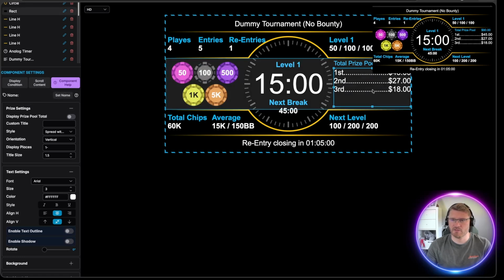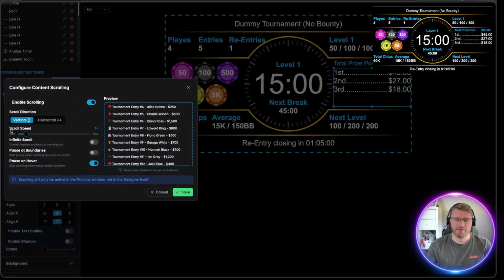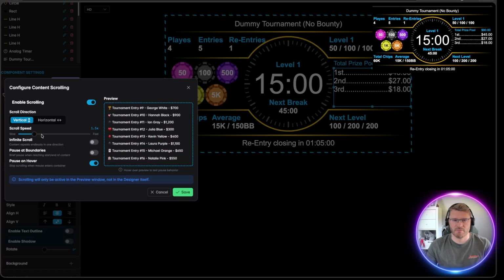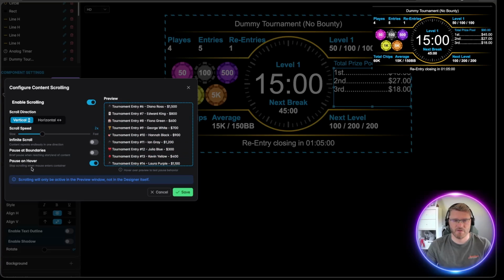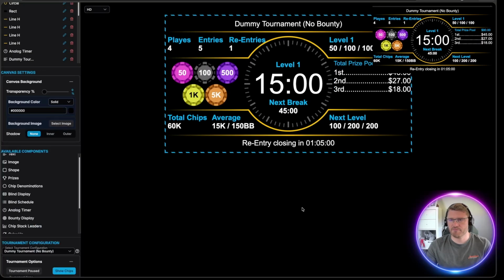You simply select the component, select content scrolling, enable it, and tell it to scroll vertically when there is not enough space to display everything of it. We can make it a bit faster and tell it to pause at the boundaries. Click Save, and now this component will automatically scroll its content when there's not enough room to display it. Great, but